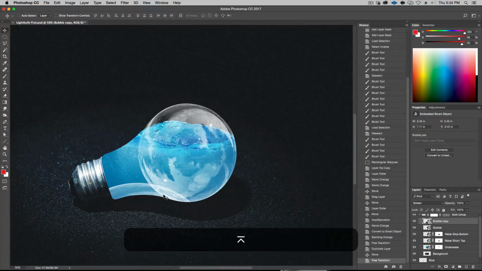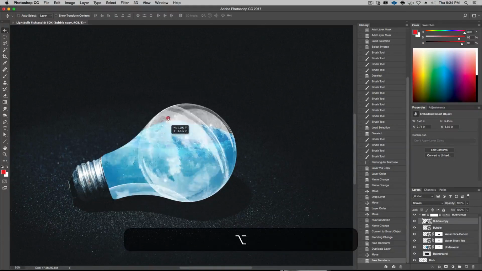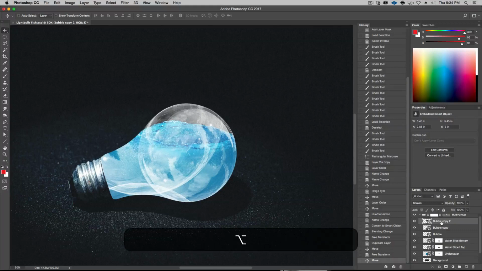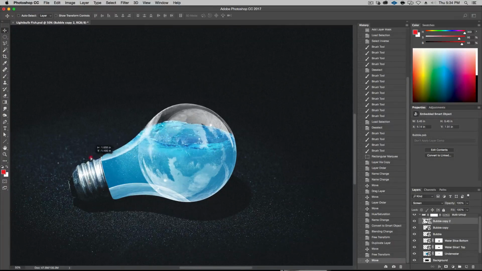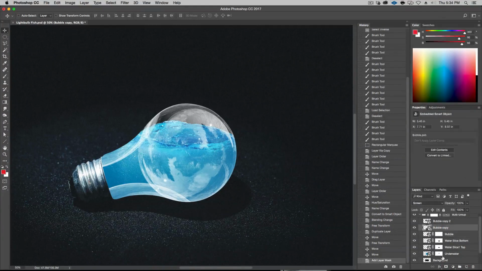So that's pretty good. And now, if I want to make another copy, I can just hold on the Alt key and click and drag and make a copy of that layer. See that? All right, and this time we're going to bring it up here. Something like that. That's pretty cool. All right, now let's do some masks. Mask for you. Whoops, not that button. Mask for you, and mask for you.